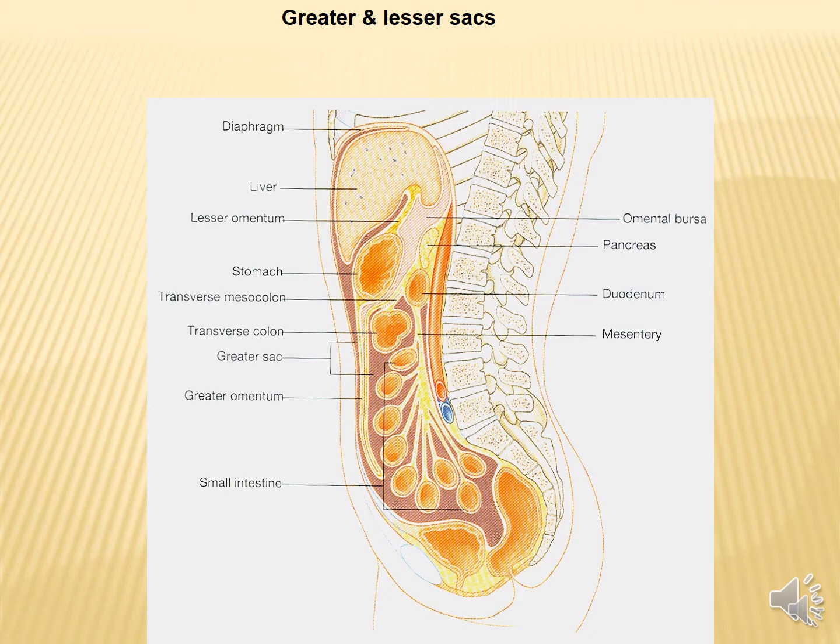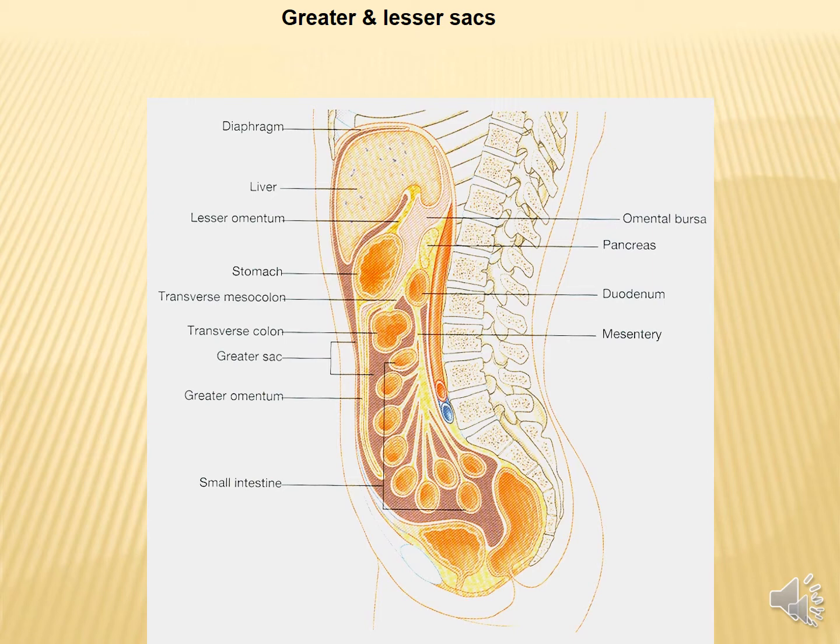Then by the transverse colon and its mesentery, that is the transverse mesocolon, as we can see over here, above the transverse mesocolon the greater sac is called the supracolic compartment, which includes, as we can see in this diagram, liver, stomach, spleen, and some part of the duodenum, and posteriorly the structures lying there: pancreas, kidney, suprarenals.